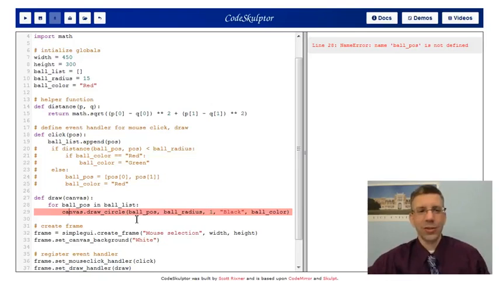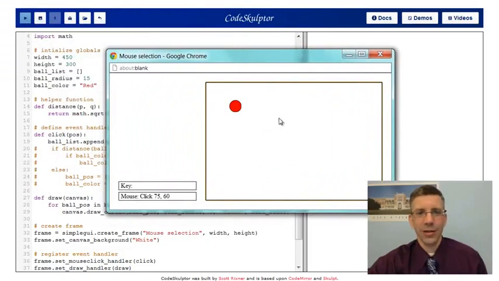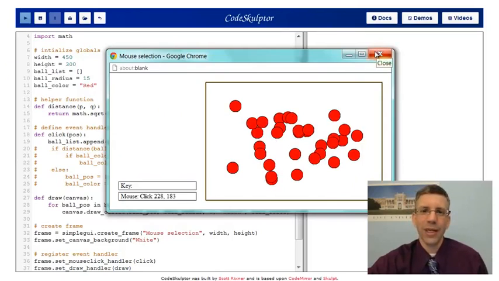Okay, so now let's try this. If I do this, that's good. My program didn't immediately get an error. I can click and bam. Now I get as many balls on the screen as I want. I can keep going. So with two very simple constructs, just append and a for loop,